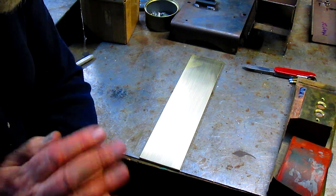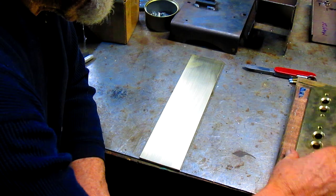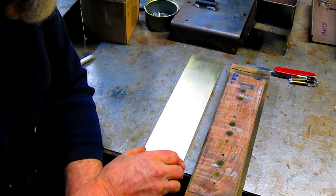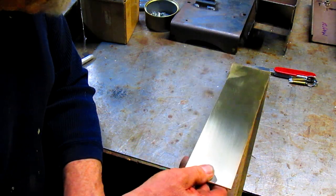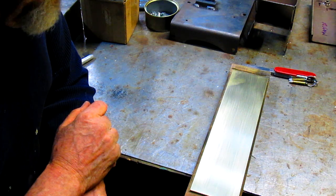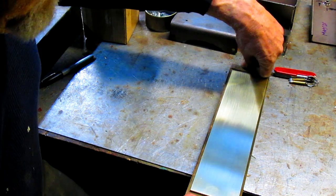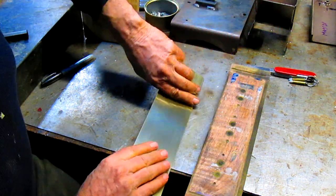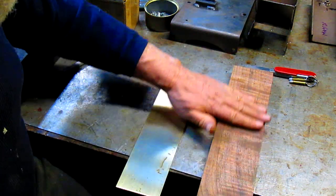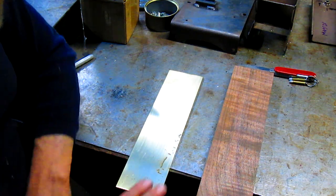So, from this point, we're going to put this maybe on a piece of wood. I'm not sure. It might be better to put it on a piece of aluminum. We're just going to land it on something like that so that we have something to grab onto on the mill. And this piece of wood was run through the planer, so it's nice and flat. But I'm thinking a piece of aluminum might be a better deal,